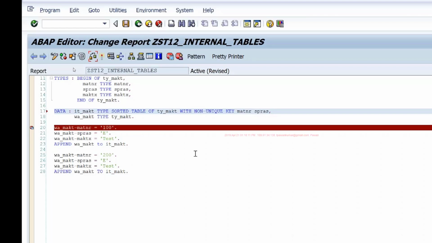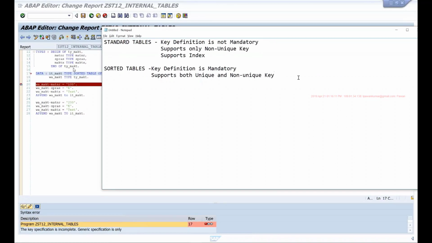The difference is that if I use with unique key, then I cannot have a second entry with the same key. Whereas if I say with non-unique key, then I can have multiple rows with the same key. So your sorted table supports both unique and non-unique keys. And it also supports index.